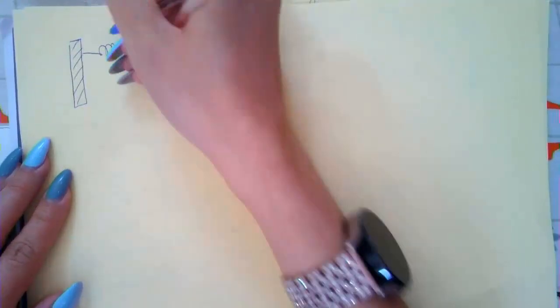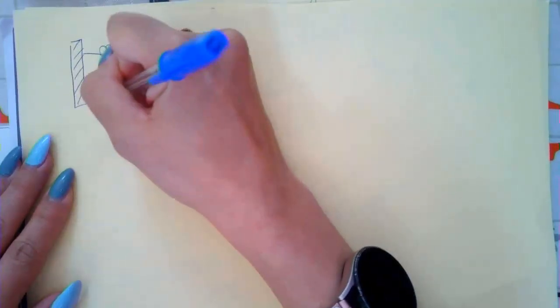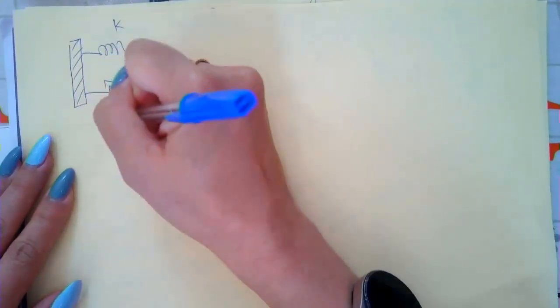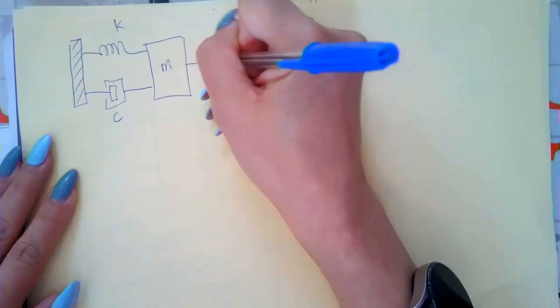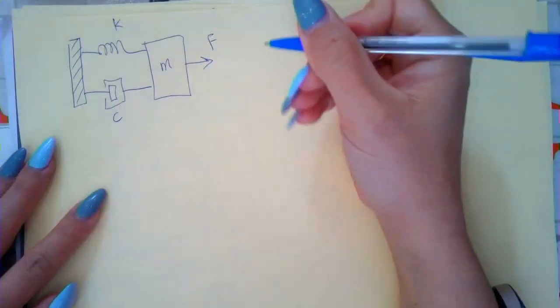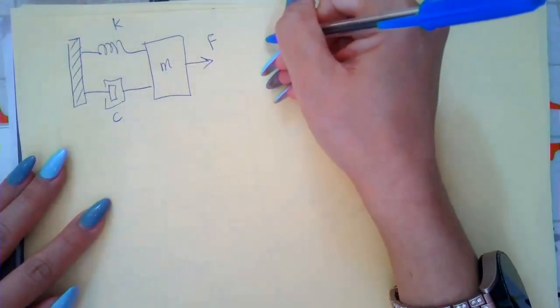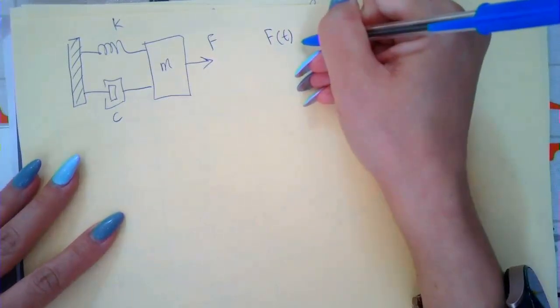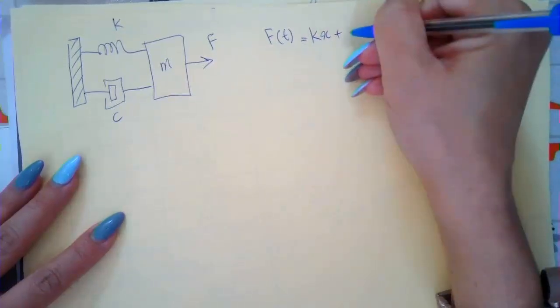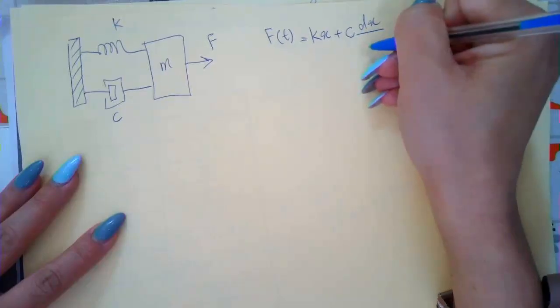So one typical example that we were looking at was a mechanical system having all three components: the spring with constant K, the dashpot with constant C, attached to a mass with constant M. The force F is applied for pulling or pushing it, and the differential equation for this system can be written as f of t is equal to k x plus c times the derivative of x in time,